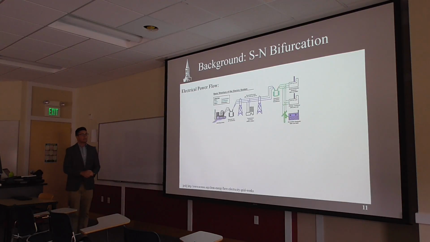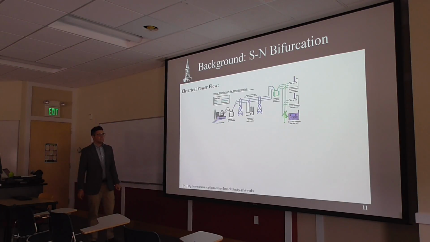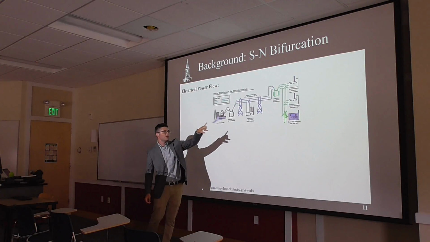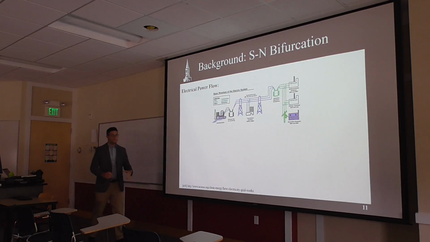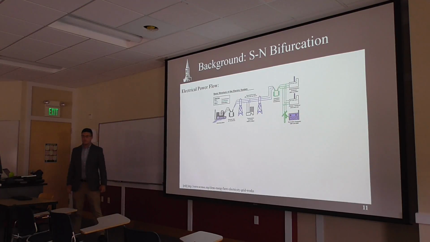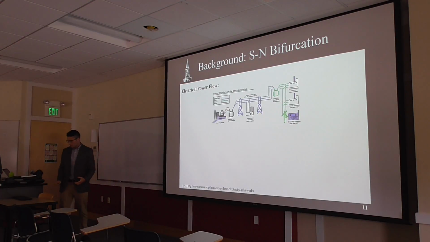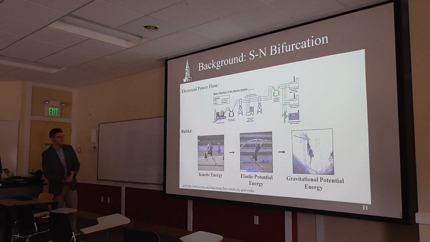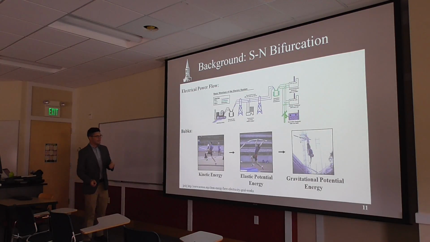So in order to get a deeper sense for the saddle node bifurcation, we think about the traditional power system structure, where we have generation, transmission, distribution, and consumption. And we have this flow of energy. To gain a more intuitive concept for how the energy might flow through a system like that, I'm going to draw an analogy to a sport that you only hear about if it's an Olympic year or if you're at my thesis defense, which is pole vaulting, where we think about Sergei Bubka,